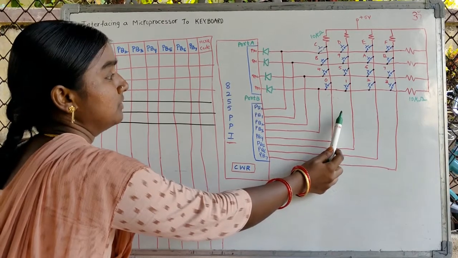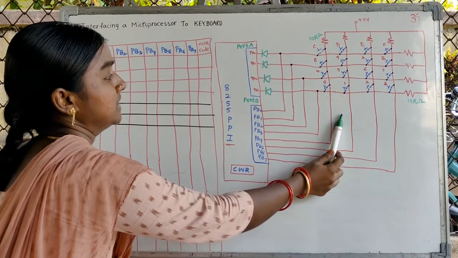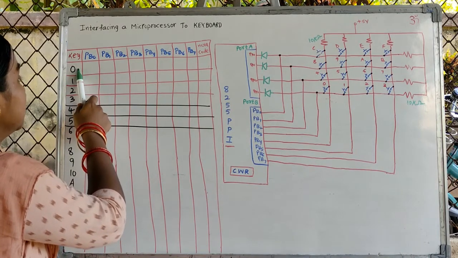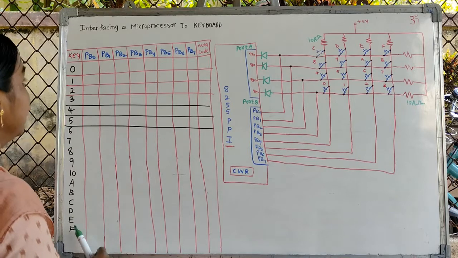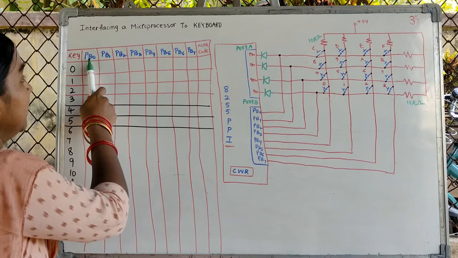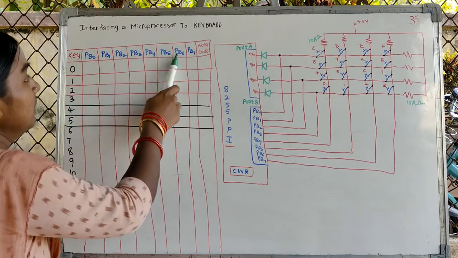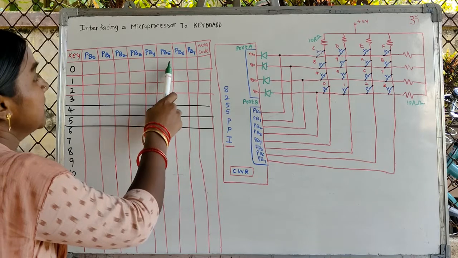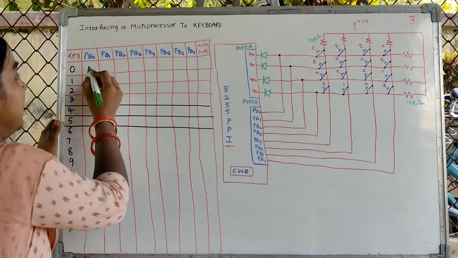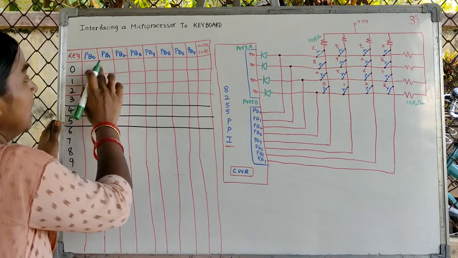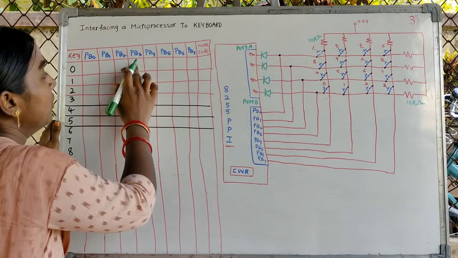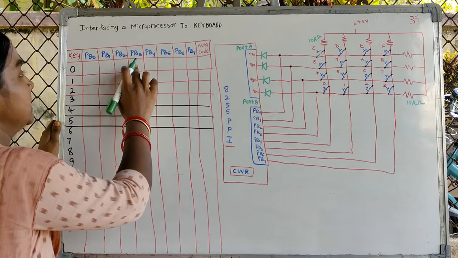Coming to the explanation of this configuration of keyboard interfacing, this is the table we are using. Here, when a key is pressed like 0, 1, 2, and so on up to F, we are going to use port B as the input port. The port B lines are PB0 to PB7, and the respective hexadecimal code is right here. Here all the column lines are going to be 1, only the line of the pressed key is going to be 0.